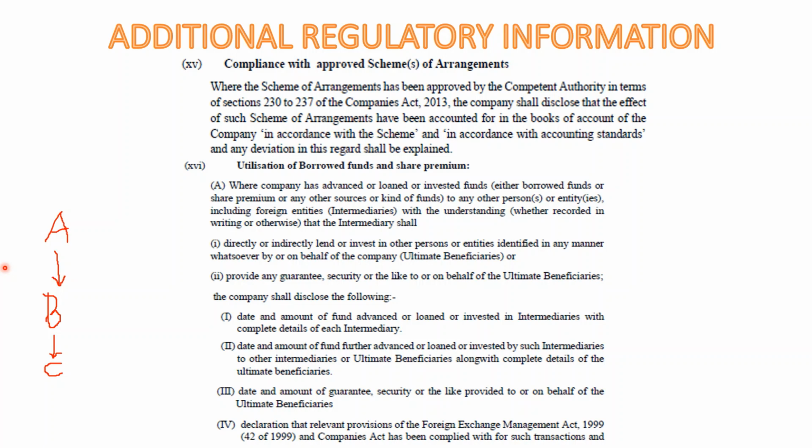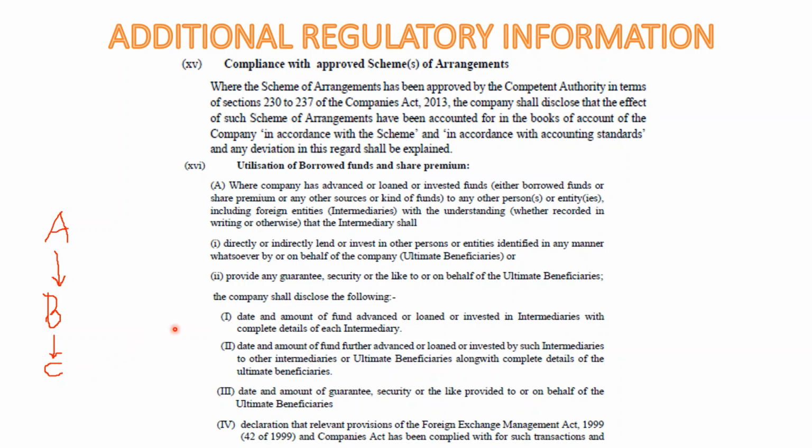For example, A has given a loan or guarantee or has given securities to B, who acts as an intermediary, whether it is an Indian company or a foreign company, to invest or to give a loan to a third company, that is C Limited. Then in that situation the following has to be disclosed: date, amount, and